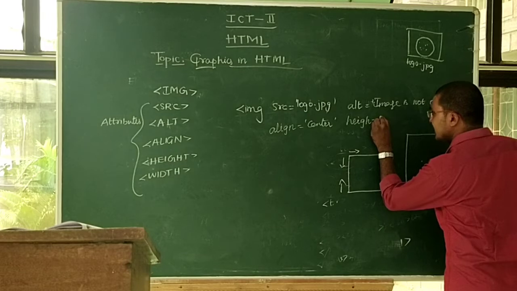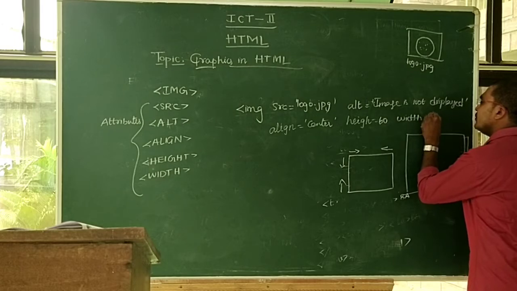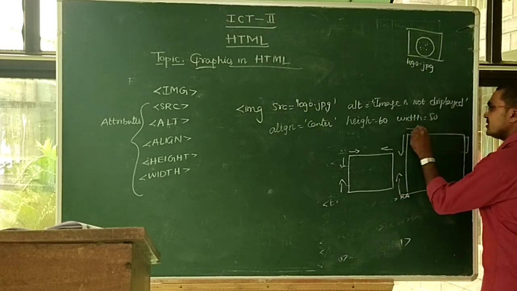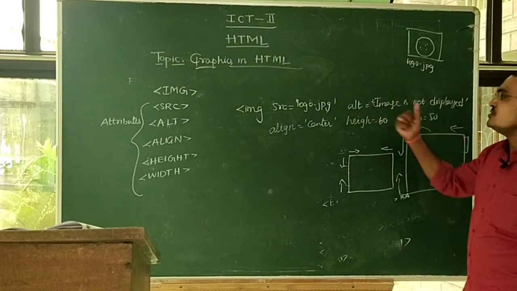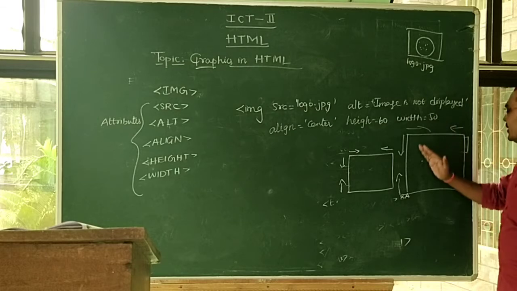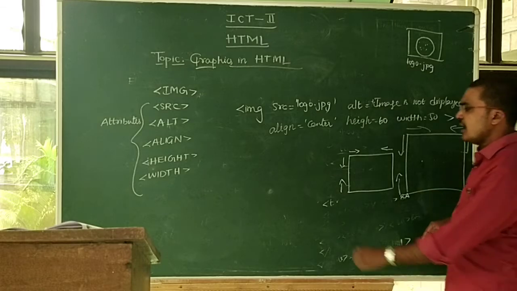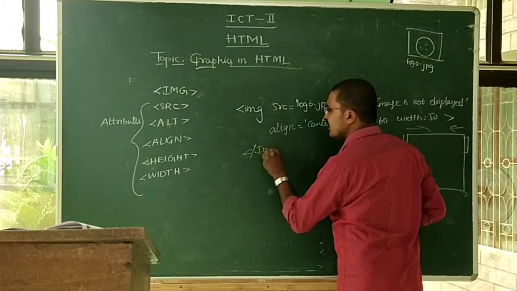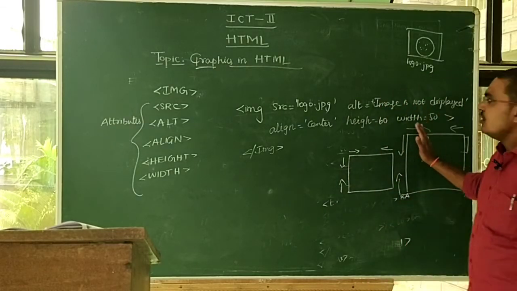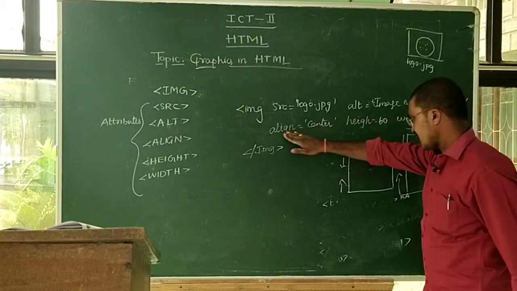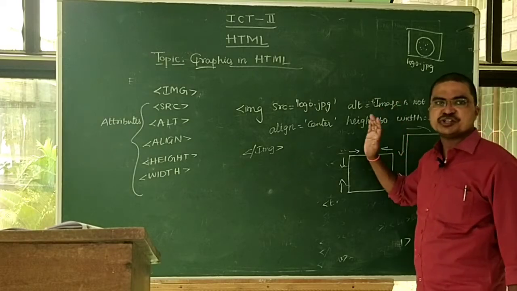For example, I decide the height of the image is 60 and I can arrange the width as 50, because the height is more and the width is lesser. So we can fix the proper values in the img tag. The image size appears in the proper pixels only. After you complete, just close the img tag immediately. Okay, this is the way to arrange the image in HTML, because all these attributes help to arrange an image in the proper direction of your web page.